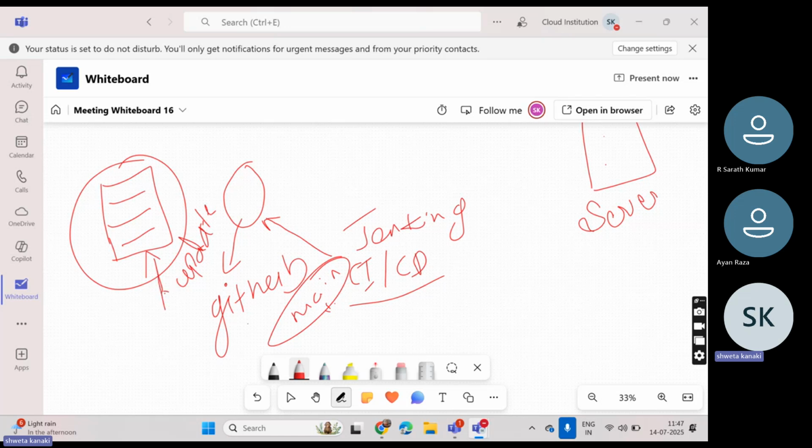Now if I want to make some changes, it has to integrate continuously, without removing anything, and deploy automatically. Whenever an update is done, it integrates and deploys. Integration is the process of joining. Deployment means deploying to the server. Once integration is done, first it will check everything.